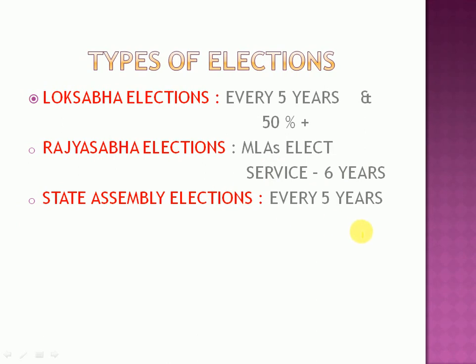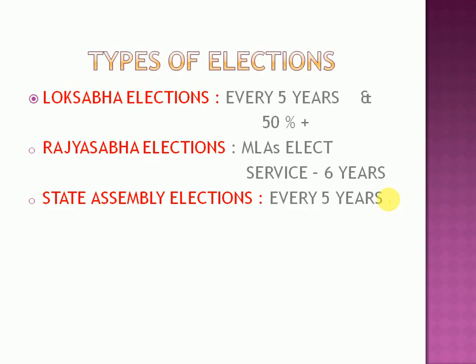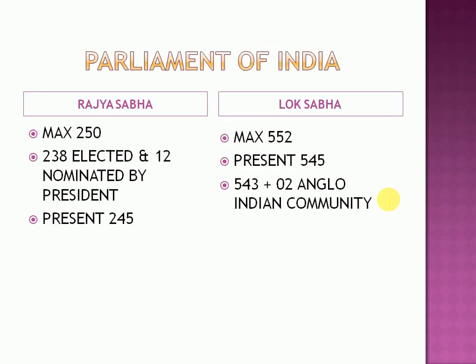Coming to the state assembly elections, it is similar to the Lok Sabha elections which happen in various states. For example, it happens every 5 years, and in order to form the government, more than 50% of seats are required. Now coming to the conclusion part, it is very much important that the elections are conducted timely, because people should get the opportunity to choose their own government, to choose their own representative who can work for the development purposes. Moreover, there is also a requirement of opposition party, so that they can counter the government policies if they find it wrong and they find it not in favor of the public.